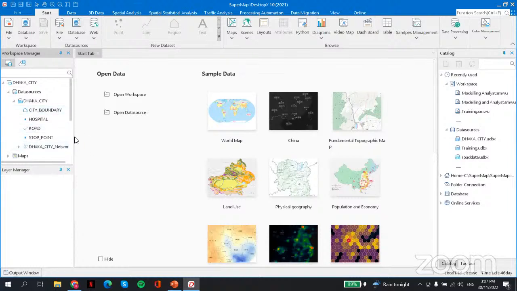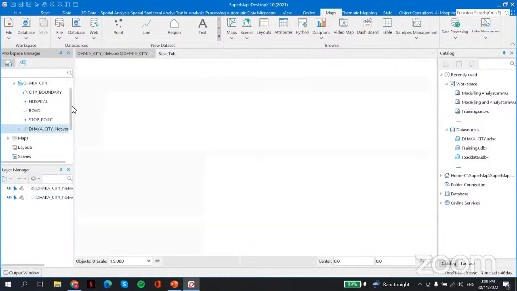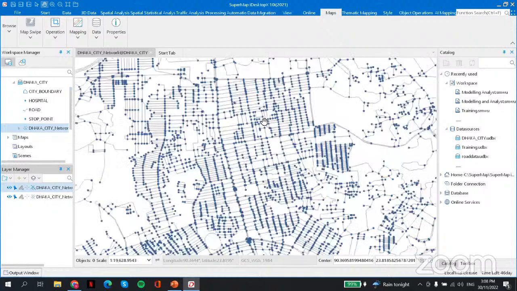This is the dataset network, which is actually a 2D network dataset that I already created, but I will show you again how to create this network. So I'm just going to drag it here. This is the network that has been created.